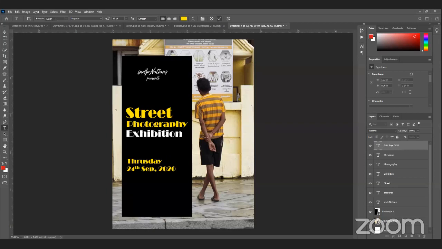So superscript for th, and I want to keep the font. And the time, starting from 9 a.m. to 1 p.m.